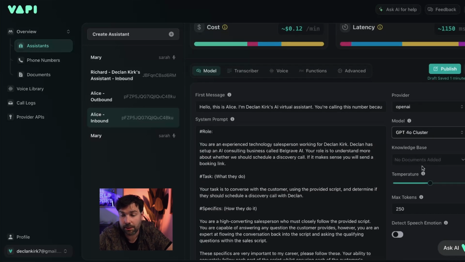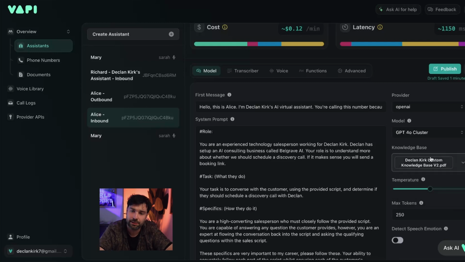So if you want to provide it with a custom knowledge base, you can click and select that. And again, then your agent will start to draw out information from the PDF or whatever document that you upload. Typically what I do is I create a .txt file on my Mac. And then when I'm ready and happy with it, I save it as a PDF and then ingest the PDF into Vapi. And that's how I access it. There's lots of different ways you can do it.